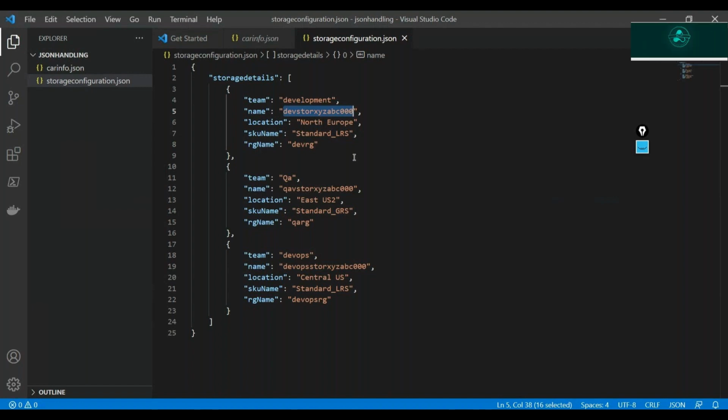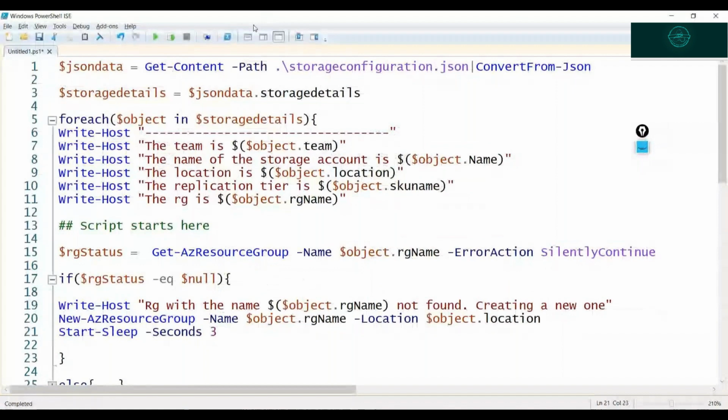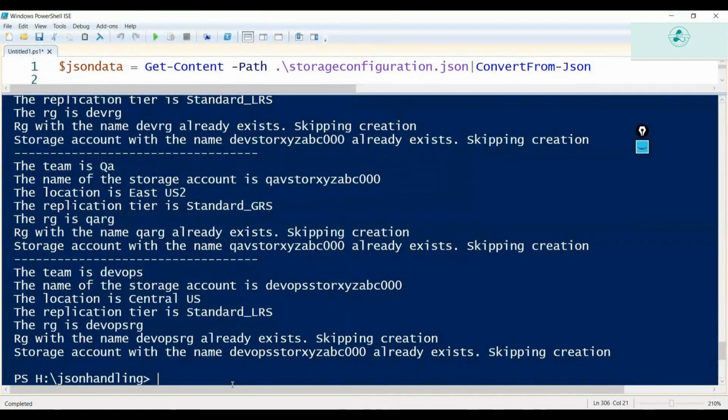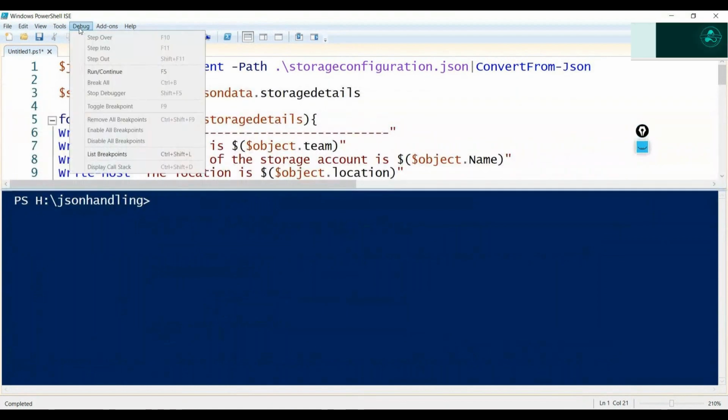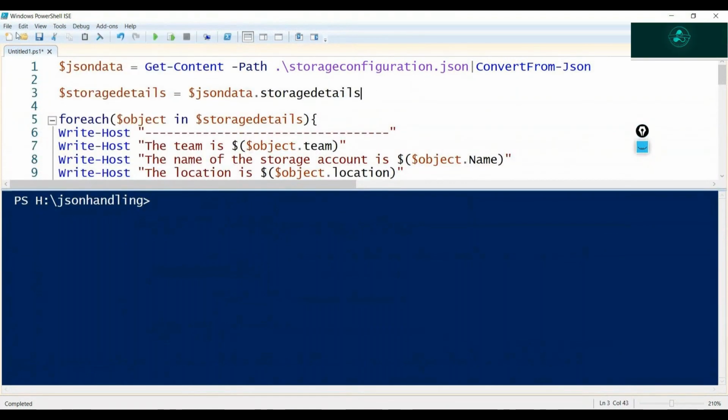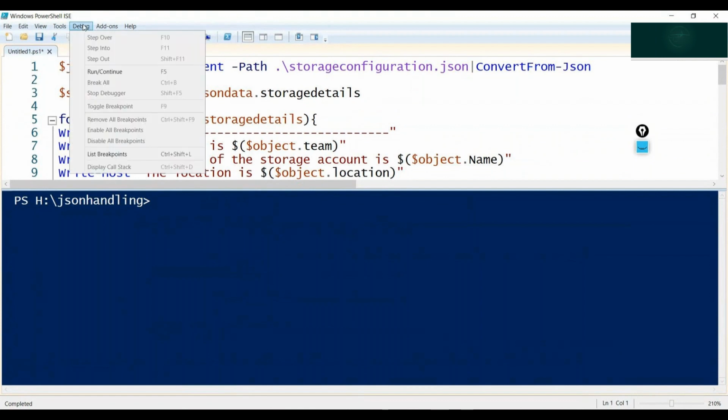Yes, it throws error. Debugging, right? So PowerShell enables you something known as a debug mode out here. So you can do a debug also. There is something known as debug here. Just place your cursor somewhere. You'll need to set a breakpoint out here. So I'll say, okay, fine, run and continue,